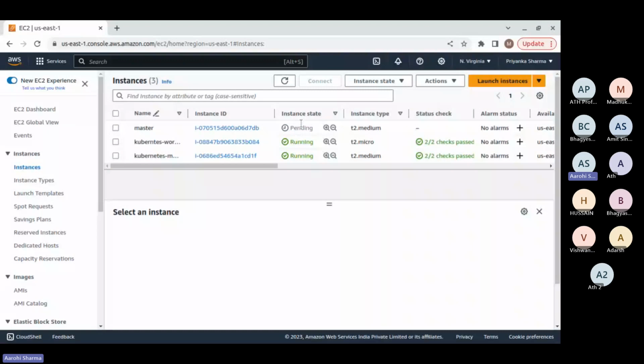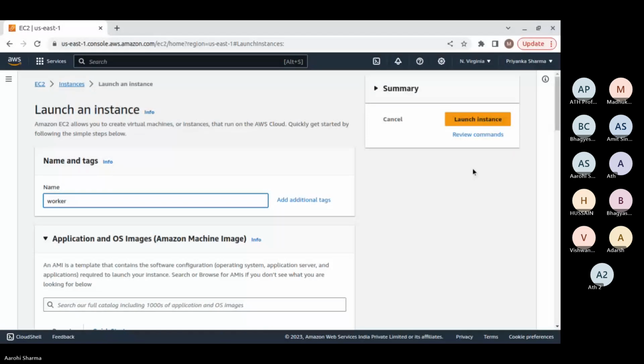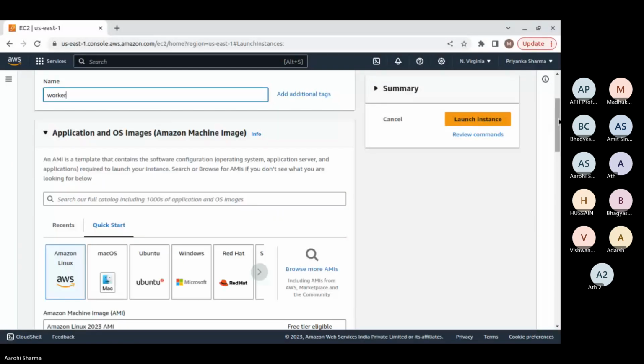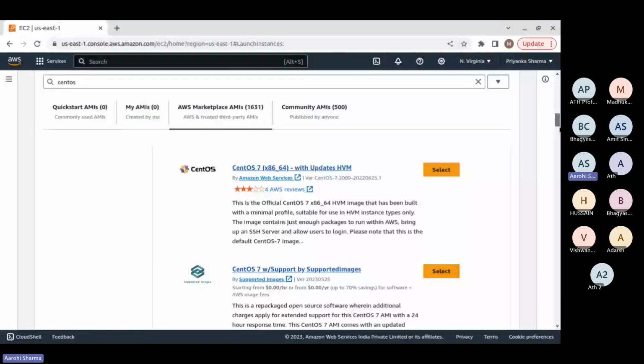This is the master one, right? And now I'm going to launch one instance, the same, that is a worker. And again, I'm choosing CentOS 7.